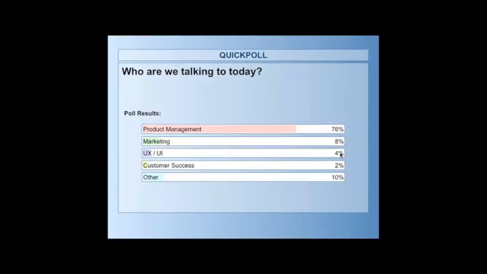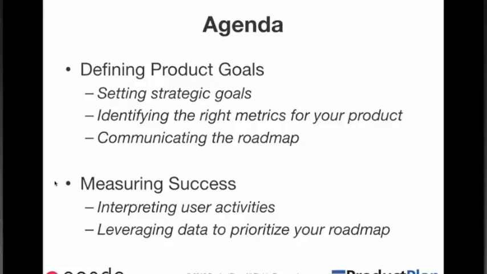And in the product management world, with so many new analytics tools and resources available to us, there really is this kind of a fire hose of data and metrics available to you to use. And a lot of those metrics come to you after you've launched a product, or even before you have a product, you can think about what the metrics are. And so what I'm going to talk about today is defining some of those product goals and setting strategic goals, and then figuring out what are the metrics that tie back to those strategic goals,